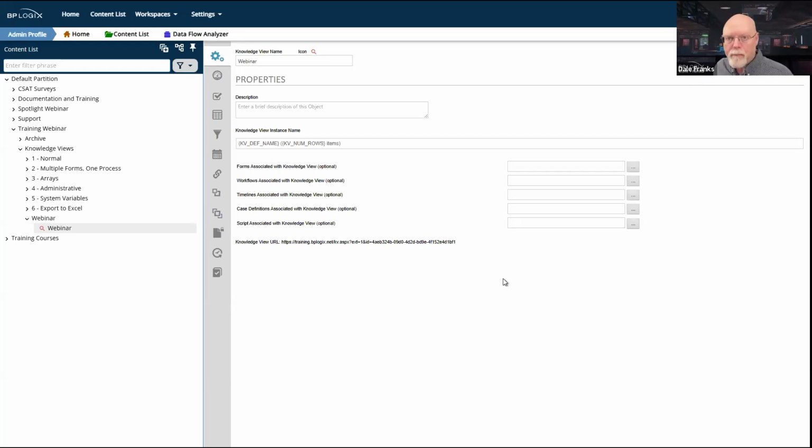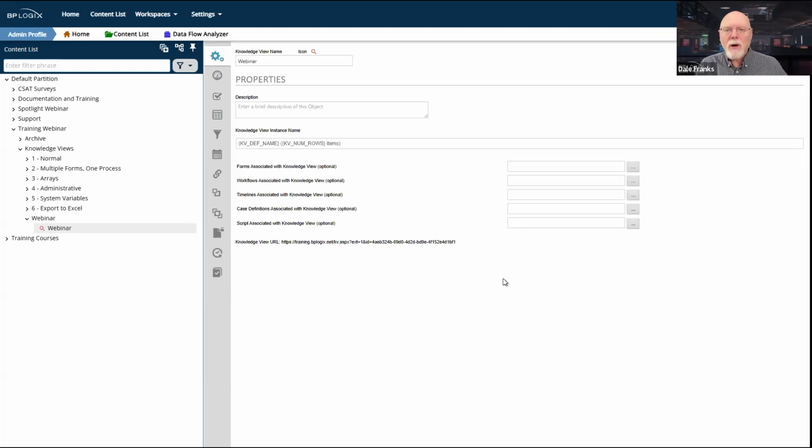Now, if you're an administrator, there are times when you might want to see knowledge view definitions or knowledge view instances, or timeline instances or timeline definitions, or you might want to see case definitions. And of course, sometimes for end users, if you have some case management apps, there'll be some case instances that you're going to need to show them.